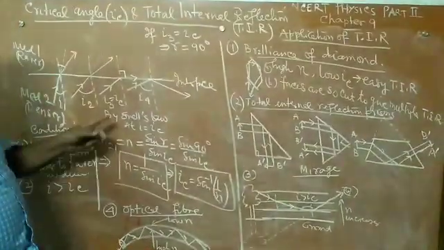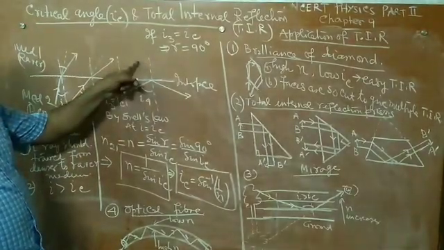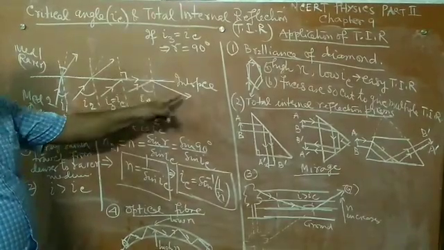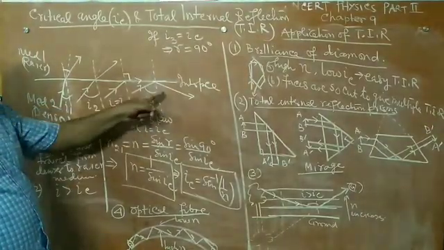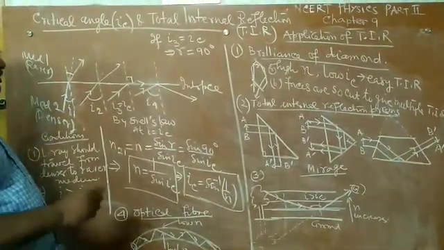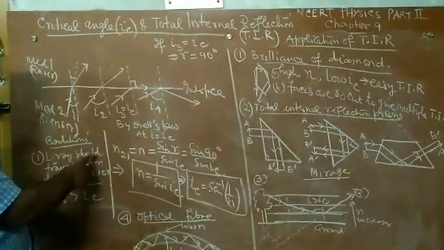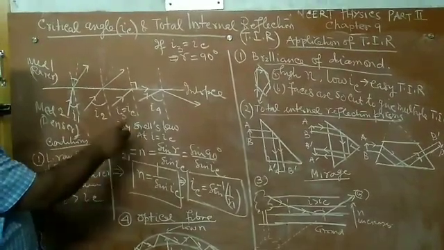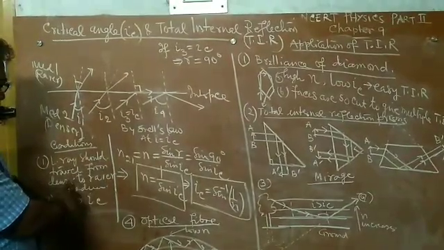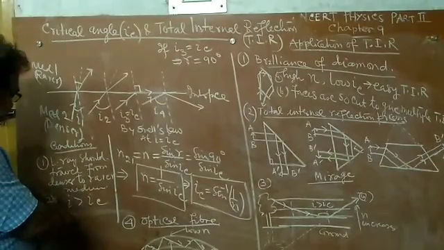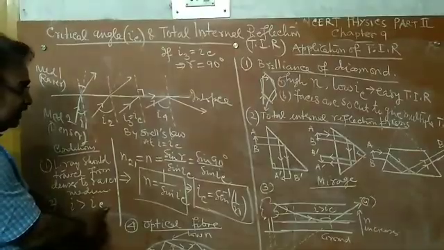Now if the angle of incidence is more than the critical angle for that particular pair of media, then the ray is reflected back in the same medium, that is medium 2. So this is a case of reflection, but it is a special type of reflection. It is called total internal reflection. Now there are two conditions for total internal reflection, as we have just studied. First condition is the light ray should travel from denser to rarer medium, and the second condition is the angle of incidence in the denser medium must be greater than the critical angle.